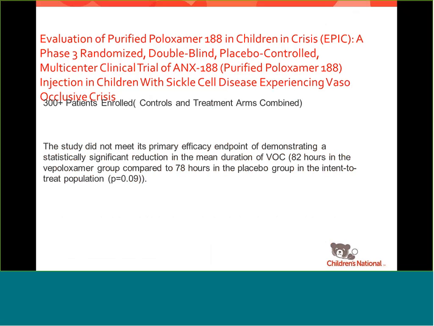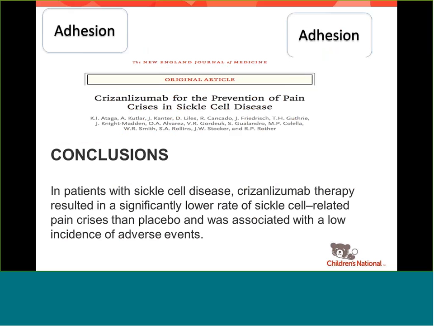So this was the largest trial for sickle cell disease in the world in terms of treating sickle cell disease patients. It was anti-adhesion. It didn't work. And it was close, a p-value of 0.09, but it just did not work. Their primary endpoint was vaso-occlusive crisis. However, in this study,